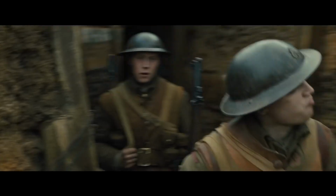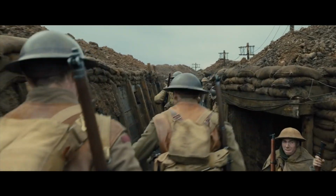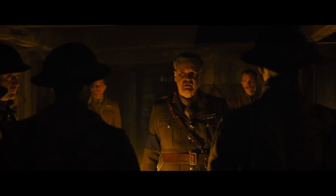1917 is a truly cinematic achievement. And that's because this whole movie is shot to look like it is one continuous shot. There are a couple breaks in there that are put there on purpose, but they just hide a lot of their cuts where they're moving between scenes as the camera's moving. But it's all supposed to look like it is one continuous story while you're following these two British soldiers in